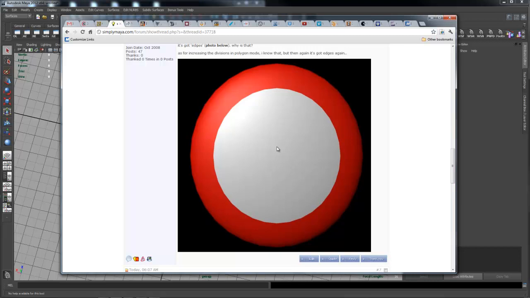So in the case of a NURB sphere, you start out with 8 sections and 4 spans, which is 32 faces. The top and bottom 16 are triangles, and the middle 16 are quads. It subdivides those each 2 times. So for the case of the quads, each face becomes 4 faces, and then each of those 4 faces become